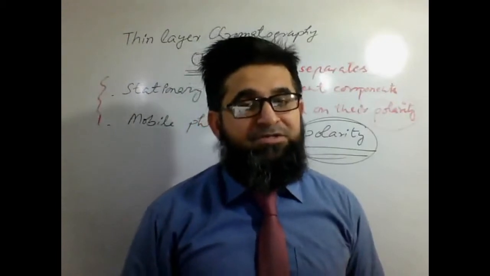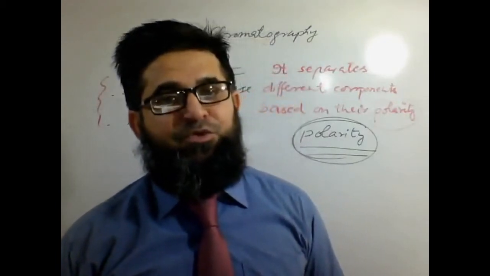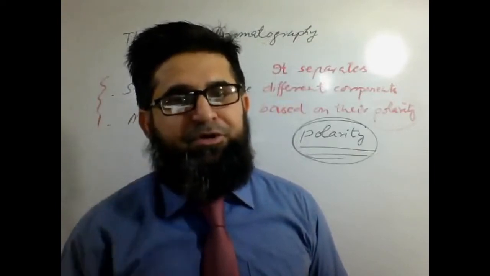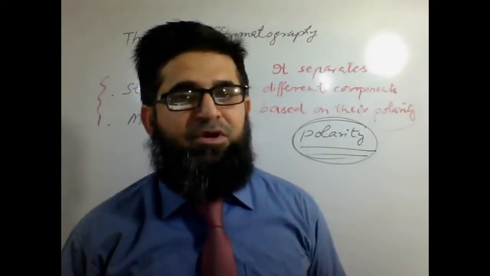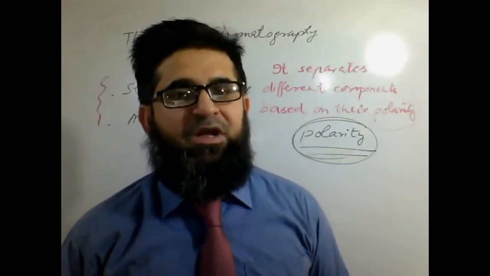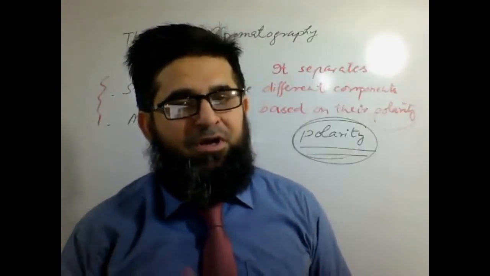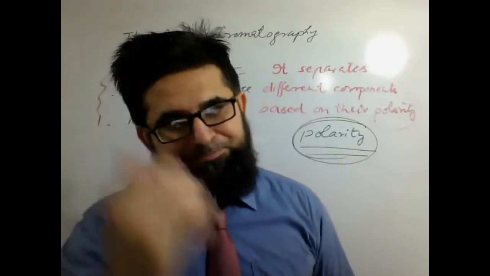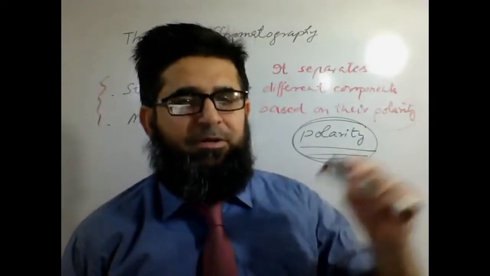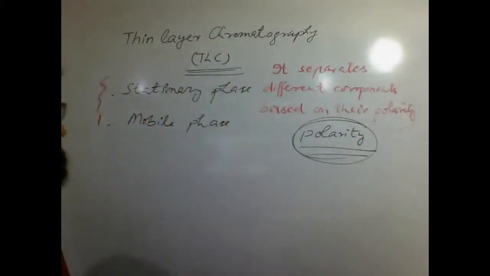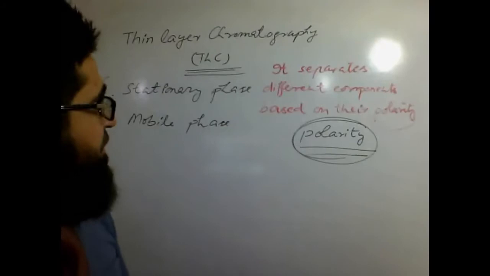Why do polar molecules move slowly, staying closer to the bottom, and why do the non-polar molecules move faster and move beyond the baseline? They are supposed to be very close to the last lane. So why does it appear so? I'm going to explain this in my further talk.